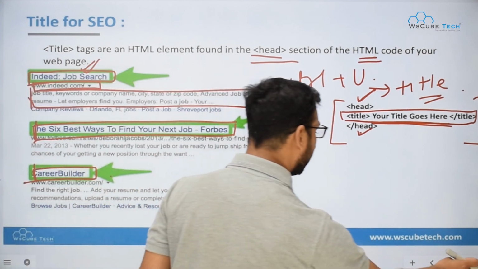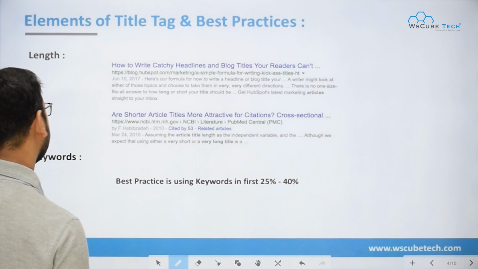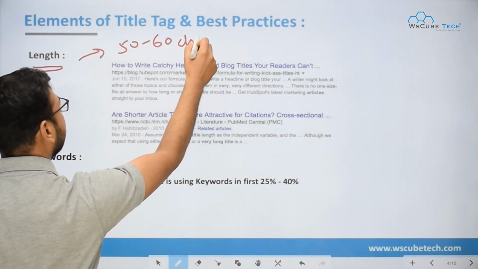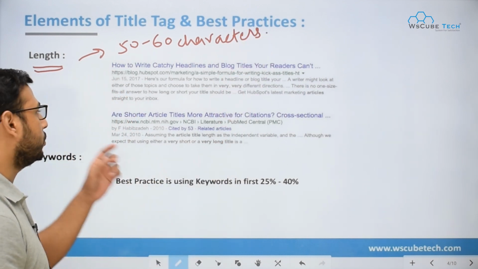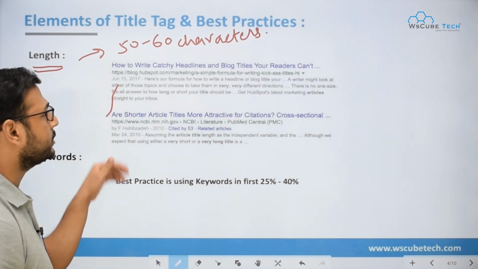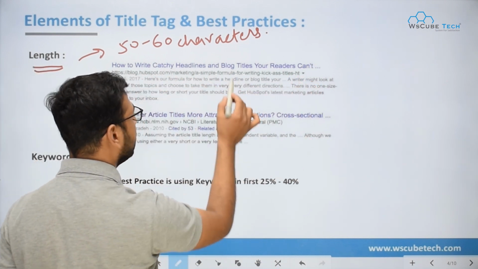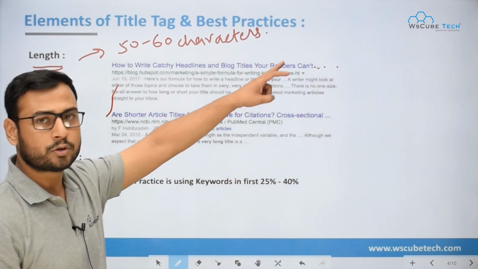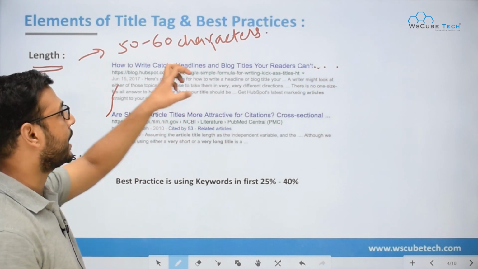Now let's talk about some important elements with respect to the title. The length of the title should be somewhere around 50 to 60 characters. If you search on Google, you will come across many titles with dots at the end. This happens when you use a title of more than 60 characters, so you just have to avoid this.